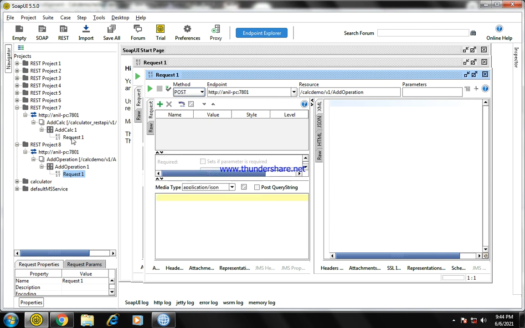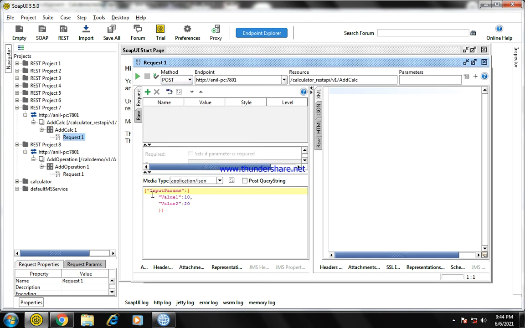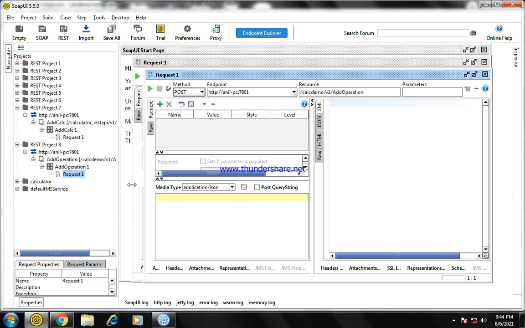I'm copying this one. The input request I'm copying should be in JSON format. In our case it is input param. I'm sending values as 10 and 20. It should come as result 30.